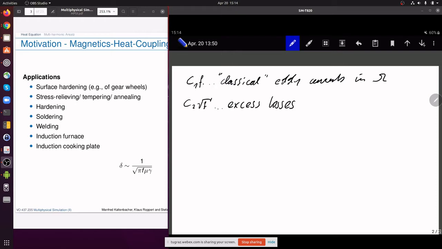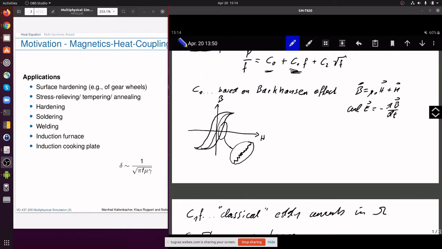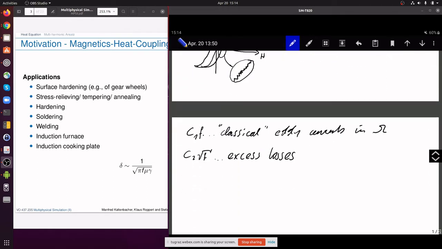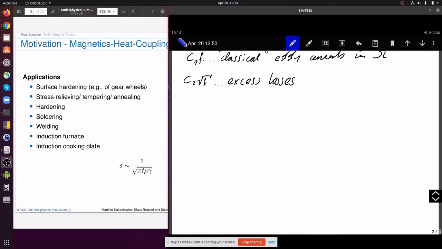And they occur if whole magnetic domains are jumping. And so this is inducing eddy currents in the size of the magnetic domains. So the size of these excess eddy currents is larger than the one of the Barkhausen effect, but way smaller than the global eddy currents in the whole domain. So you can actually plot this